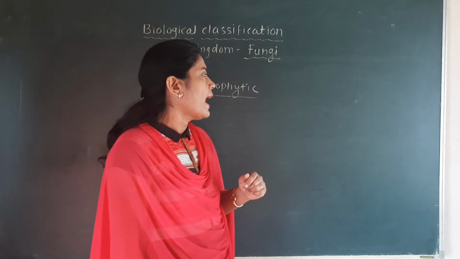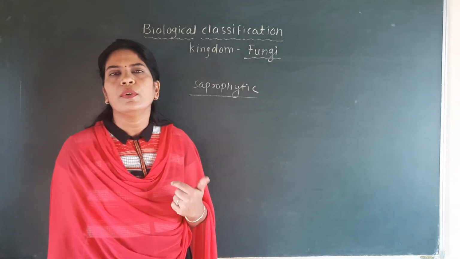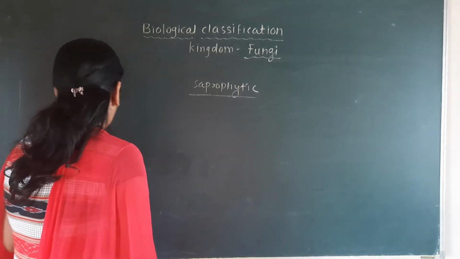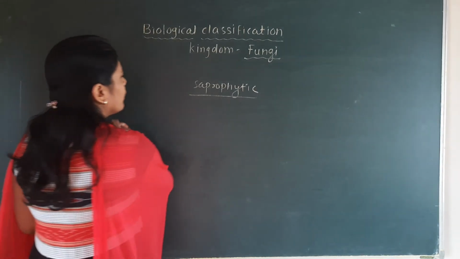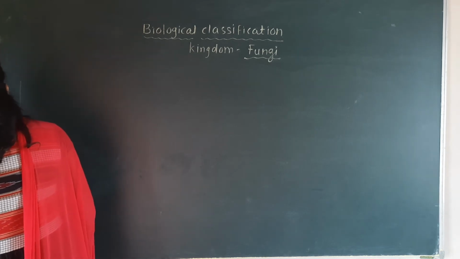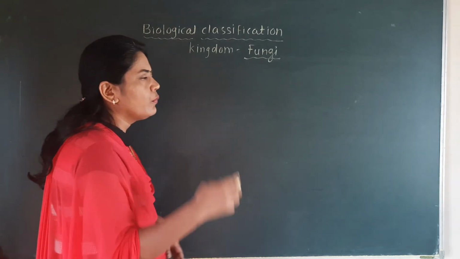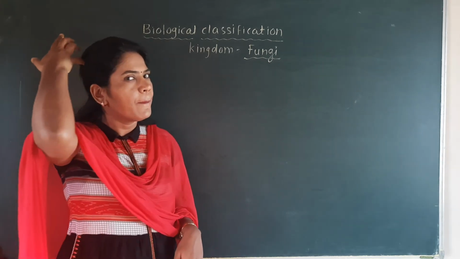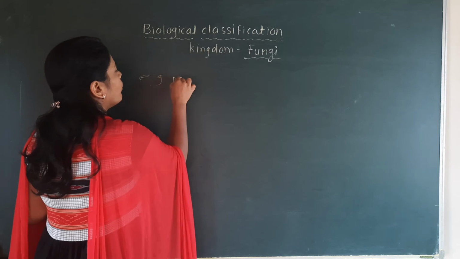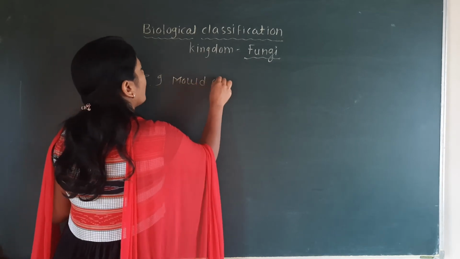The fungi have associations with other organisms also, okay, but one point I am going to discuss here is that you should know some of the fungi which are present around us. So which are these examples of the fungi? Now the examples of these fungi are: mold on bread.